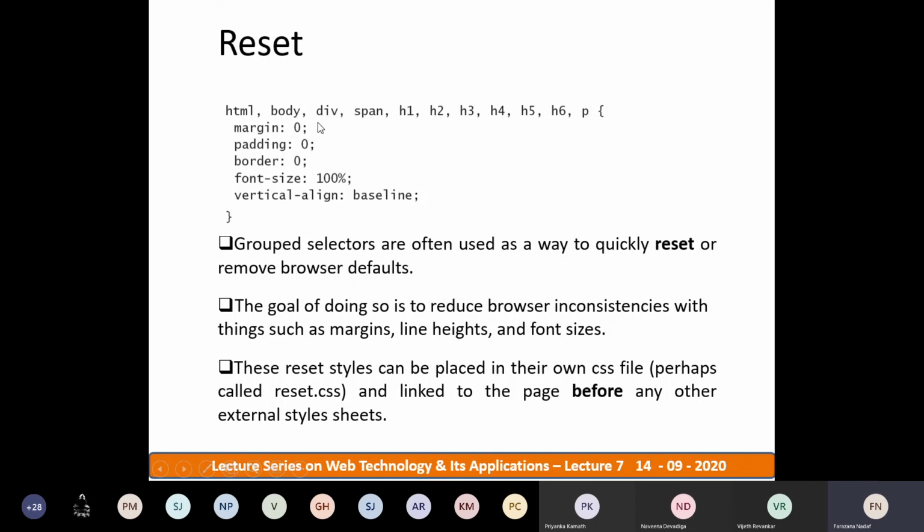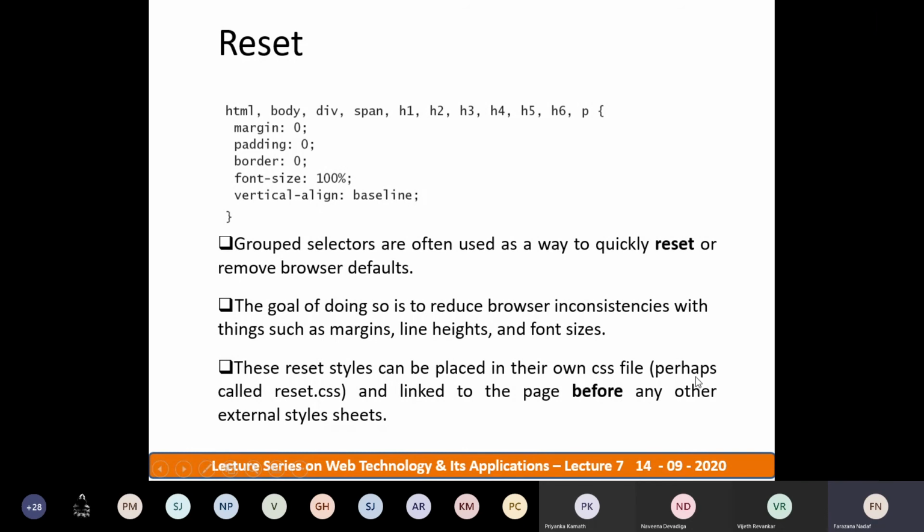Then the goal of using these multiple or grouped elements is to reduce browser inconsistency with things such as margin, line heights, and font sizes. These reset styles can be placed in their own CSS file.